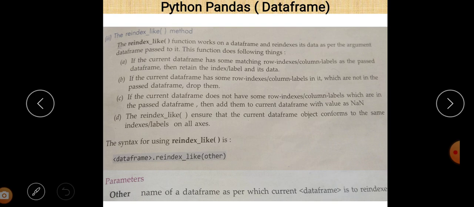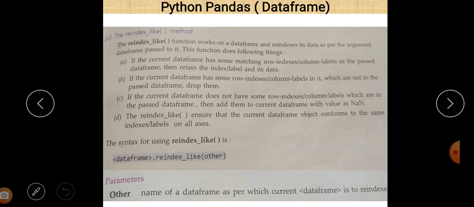The reindex_like method function works on a data frame and reindexes its data as per the argument data frame passed to it. The function does the following things: if the current data frame has some matching row index or column labels as the passed data frame, then retain the index label and its data.